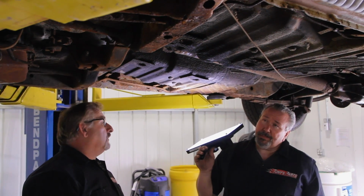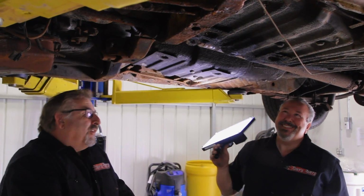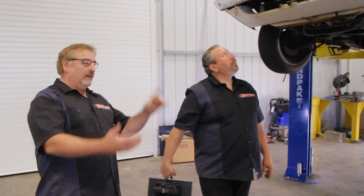So it's fair to say it was a bucket seat car, right? Yes. So it's also fair to say it was probably a race car. I'm just saying, how many race cars had bench seats in them? It was a bucket seat car, torsion, Hemi, you know what I'm saying? Okay, bottom line, what's your thought? Real Hemi Cuda. I'm pretty confident it's a real Hemi Cuda. Can't say for sure it's not